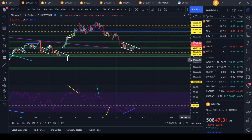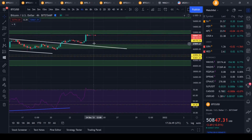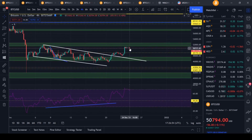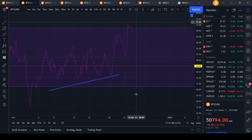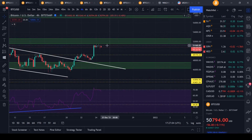Right now we are getting rejected at the green box. We have a daily candle right here, and on the 4-hour time frame we are struggling to get above it. If we do get a random pump towards the upside and we close above, that would be very bullish. But for the time being, the RSI is a little bit topped out on the 4-hour time frame, so we could potentially see some downwards pressure coming back down to maybe 49,100